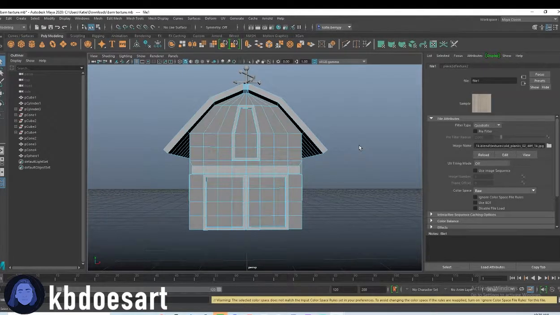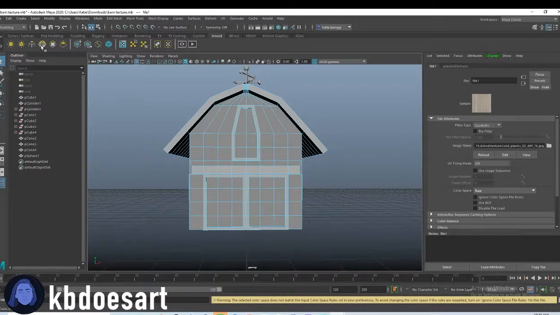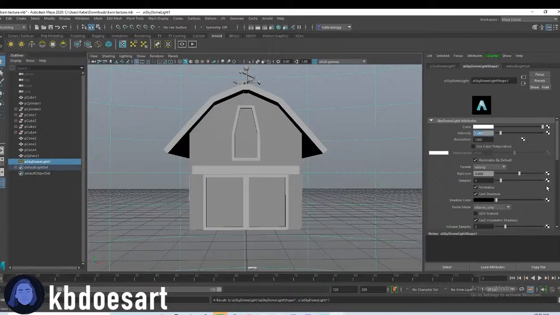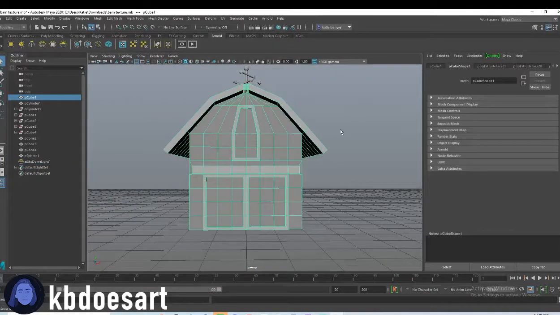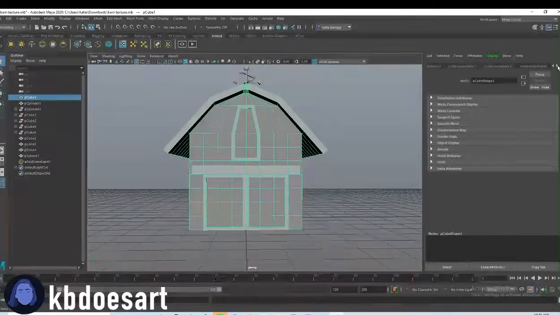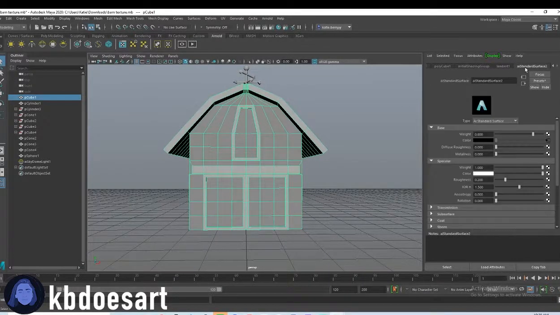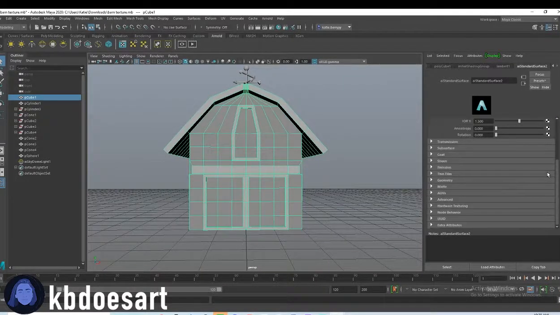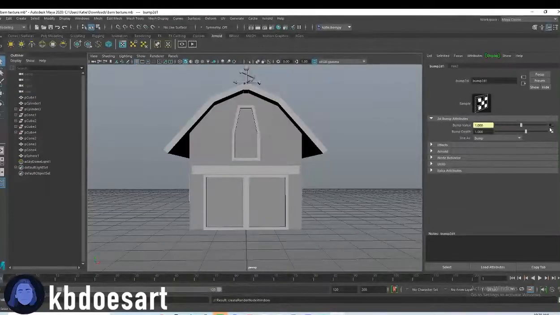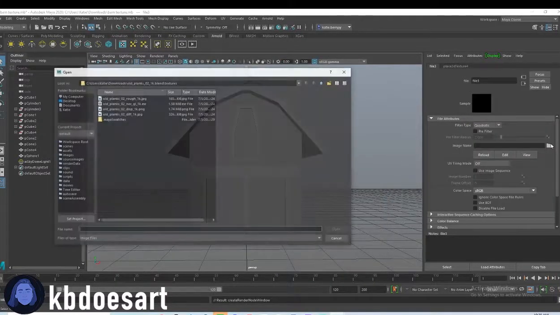And then let's go ahead and add in a sky dome light by clicking Arnold and then sky dome. And then let's click on the object and go to AI standard surface 2. And then we're gonna add, under geometry, go to bump mapping, add a file, change it to tangent space normals, and then we're going to add in that